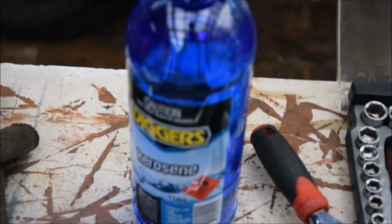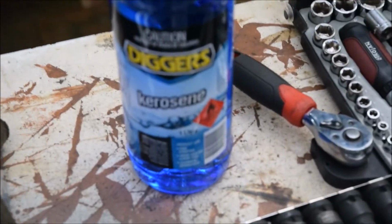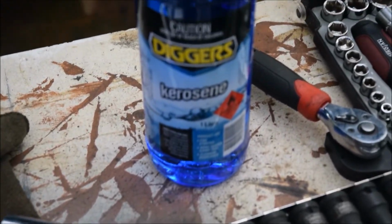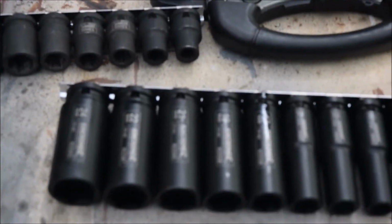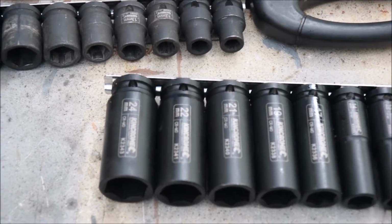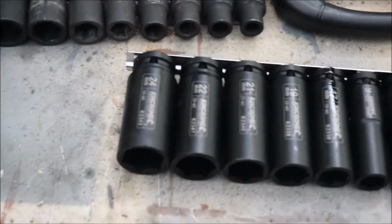Anyway, so apparently the best option, somebody recommended on the forum anyway, is to clean it with Kero. So I've got a couple of jobs to do today. I'm going to pull that out and allow it to soak in Kero for a few hours. Alternatively, if that all fails and it doesn't come up well, again, according to the Victorian Pajero forum, which is a great source of information,